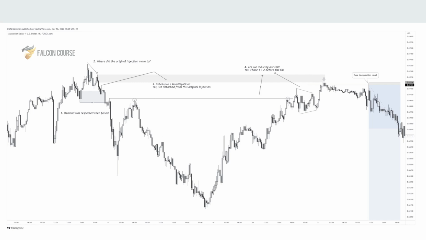Now here we are sweeping inducement as well, and like I said, we don't always know exactly how much inducement we're going to take out, but we can see this is a phase two and this is a phase two. So we can have two phase twos of inducement if we don't take enough out in this phase two. It does get a little bit complicated, but the main idea is we're sitting on our hands and waiting till that order block gets tapped.